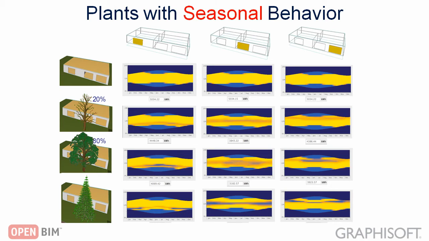Please check out the corresponding video clip entitled Plants Used as Dynamic Shading Devices to find out more about this standard ArchiCAD feature. The simple diagram on the screen illustrates the seasonal shading effect of deciduous and coniferous trees on the solar irradiation of openings. This very simple building has 3 large south-facing windows, and there are different types of trees in front of the